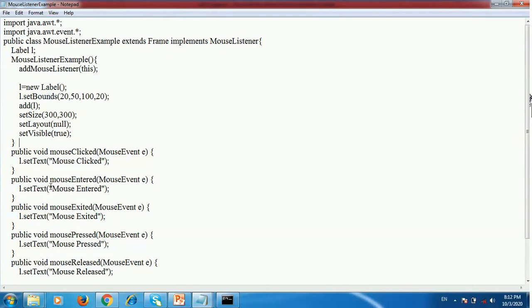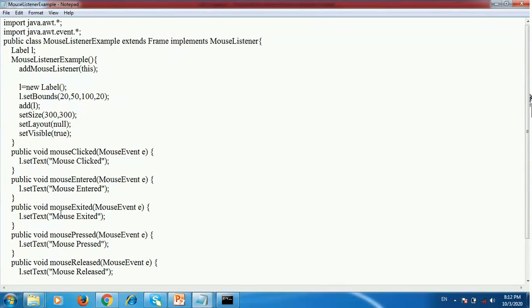Same when the mouse enters the window, that time the mouseEntered method is invoked. And in that, the label displays mouse entered by using the method setText. The setText method is used to set the text.